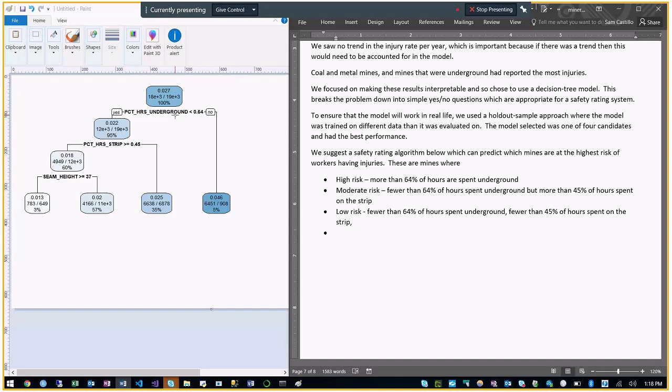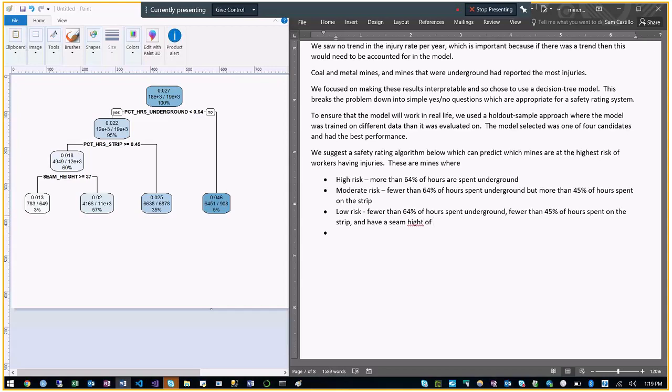So fewer than 64% of hours underground. So yes, fewer than 45% hours on the strip. So again, yes, and then seam height, and have a seam height